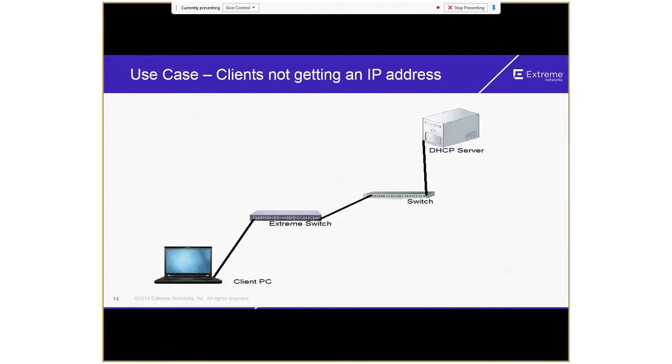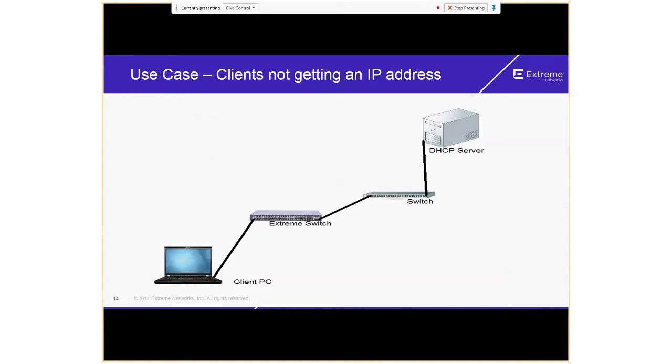I felt using a use case would be good to get a better understanding of how we use Wireshark and the mirroring, and how to resolve issues in the network.